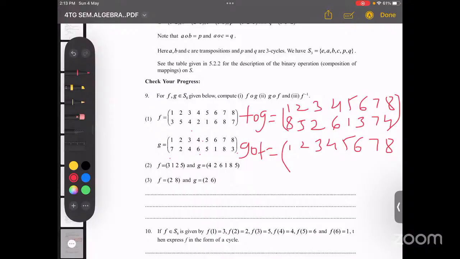So 1 is mapping to 3, 3 is mapping to 4. Next, 2 is mapping to 5, 5 is mapping to 5. 3 is mapping to 4, 4 is mapping to 6. 4 is mapping to 2, 2 is mapping to 2. 5 is mapping to 1, 1 is mapping to 3. 6 is mapping to 6, 6 is mapping to 1. 7 is mapping to 8, 8 is mapping to